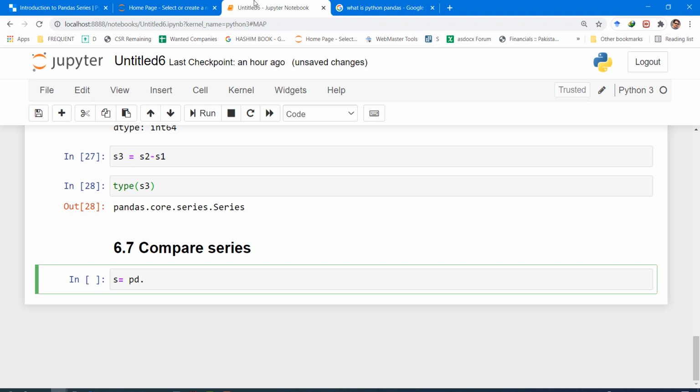We type pd.Series, then parentheses. So let's create 1, 10, 20, 35, 400, 6, and 15. So we created some random numbers.